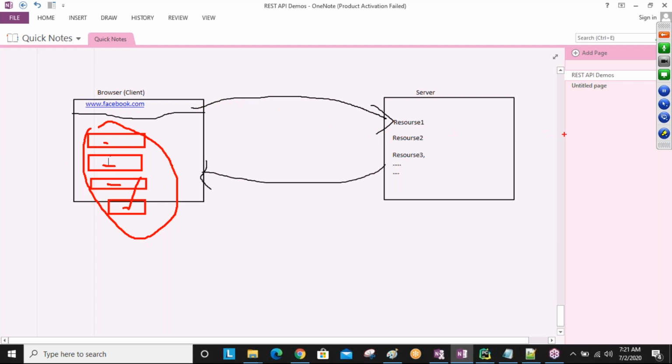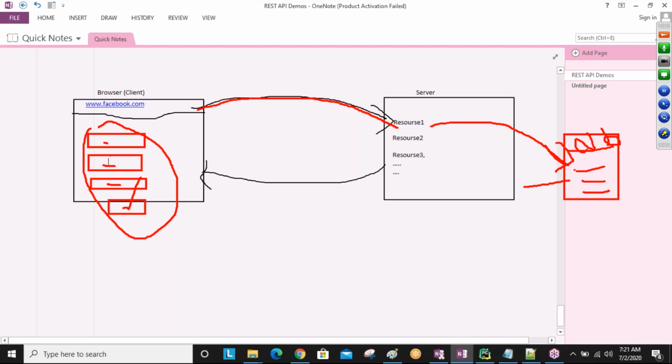This server communicates with one database. For example, this is my DB, sir, where we store all the data. So this entire data comes to the server, and using the server application it goes to the database and is stored in the DB. The response, data successfully created and stored into DB, comes back to the server. Now the server returns that response to the client. Then only we get the confirmation.